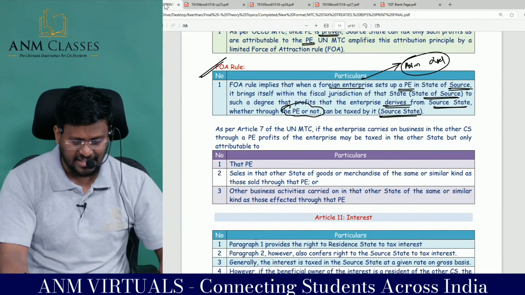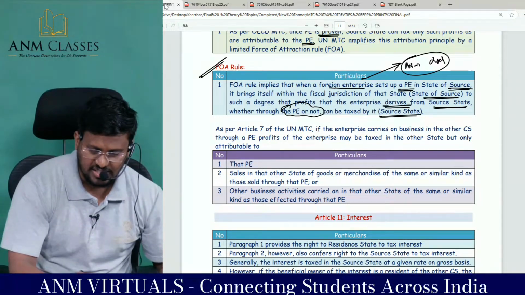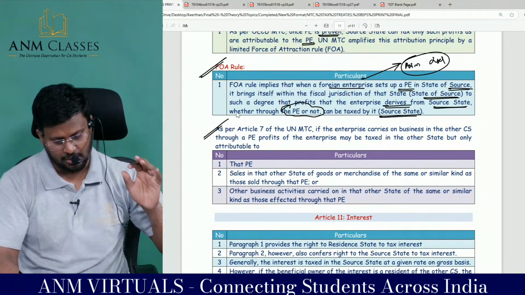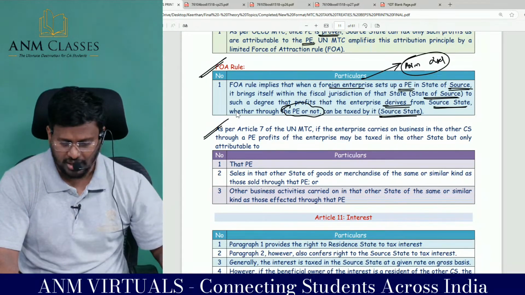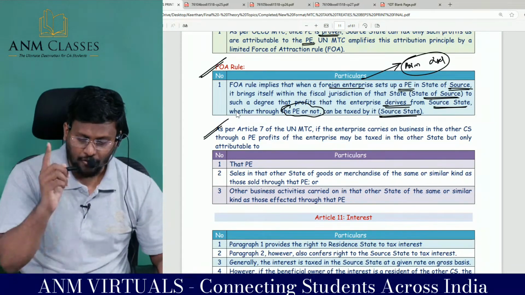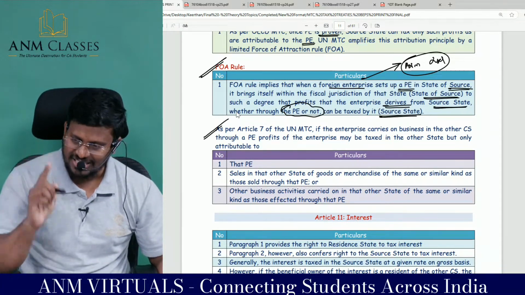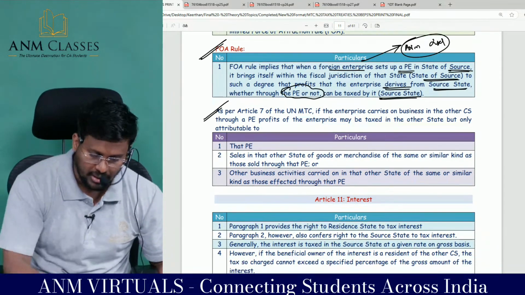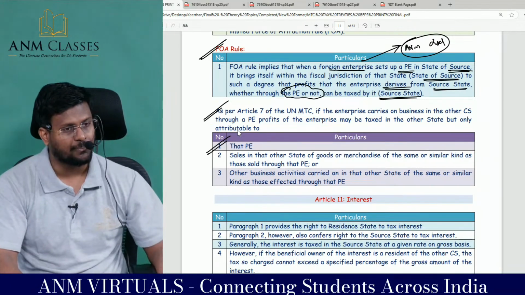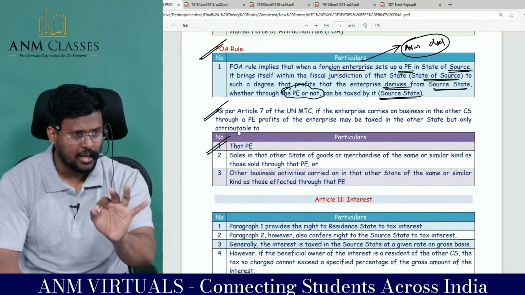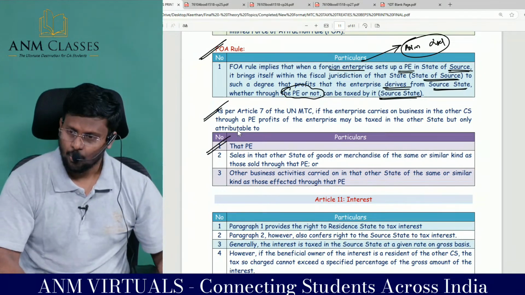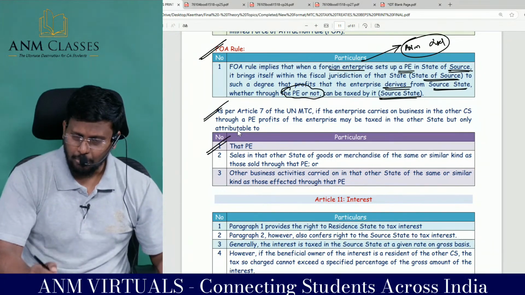So as per Article 7 of the UN Model Tax Convention, if the enterprise carries on business in the other contracting state through a PE, the profit of the enterprise may be taxed in the other state, but only attributable to what? That PE. That PE including limited force of attraction rules. What the UN model is saying is this: